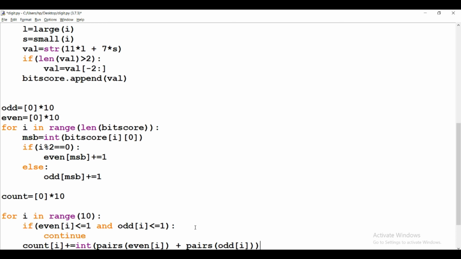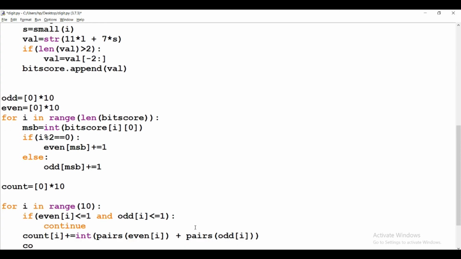In this pair function we will do this. Now count[i] is equal to, minimum value is 2, so we return 2, otherwise we take the count value.